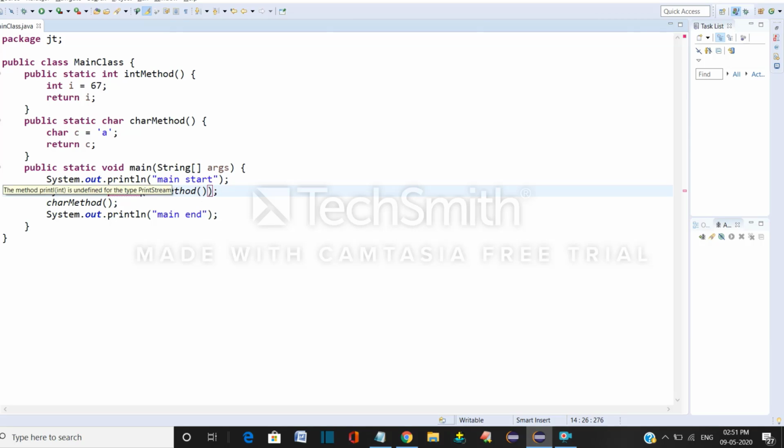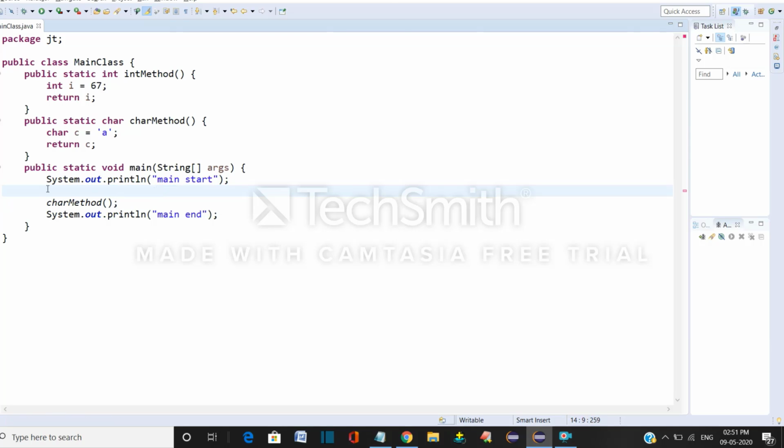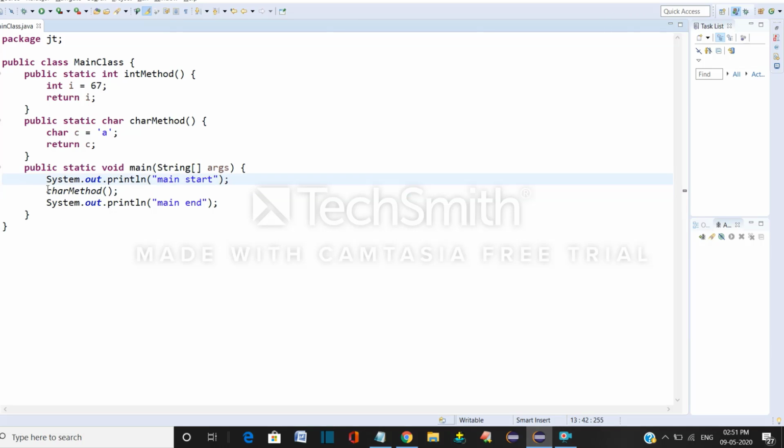But I am getting an error: the method print is defined for the type PrintStream. See guys, I actually misled you. Whatever I said is correct. In order to print the elements onto the console, you have to enclose them inside System.out.println. But before enclosing like that,